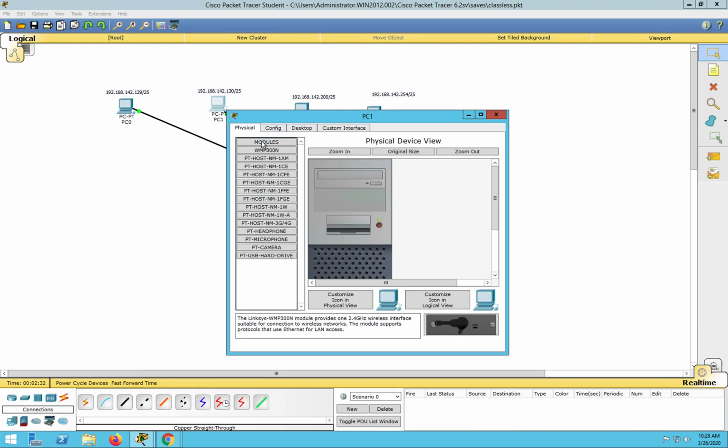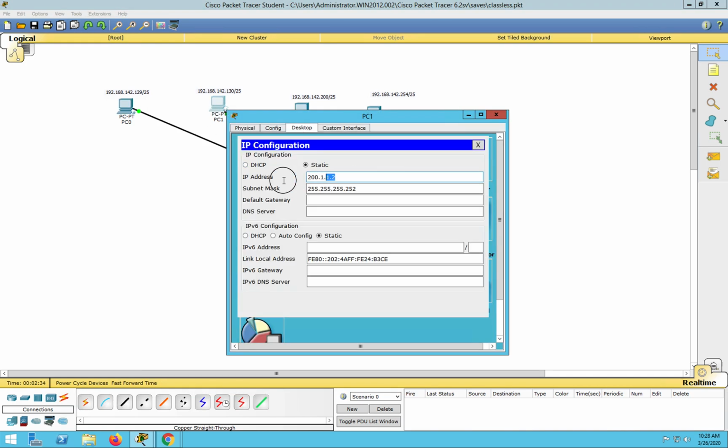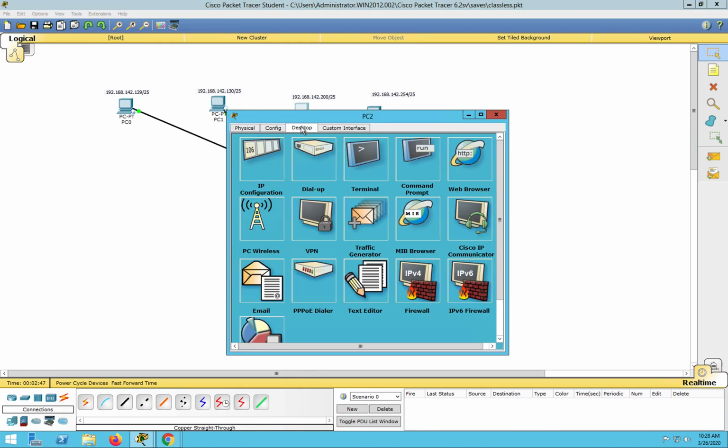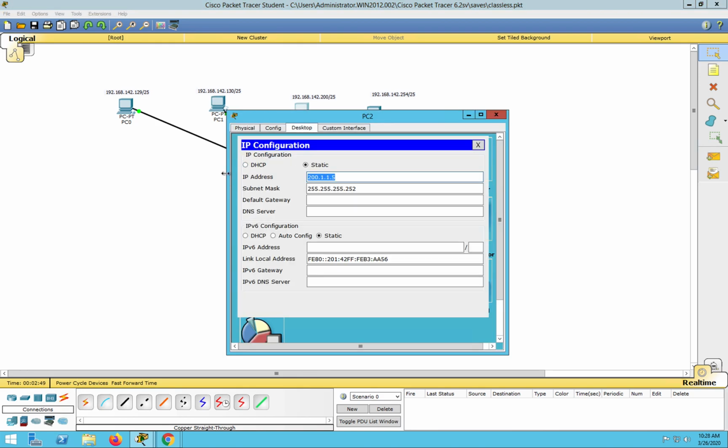Okay, so here, let's do the same thing again. Let's configure this to be 192.168.142.130, 255.255.255.128, because that happens to be the network mask for a /25 network. Okay, same thing here. Okay, 192.168.200, and